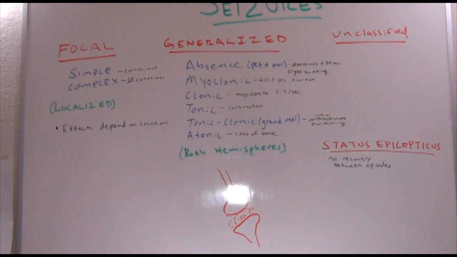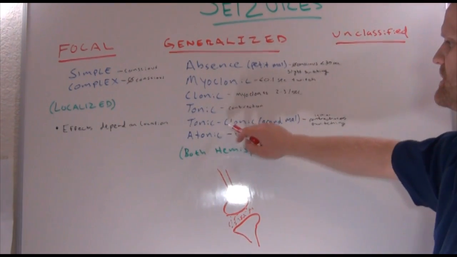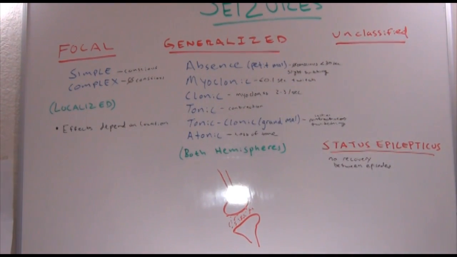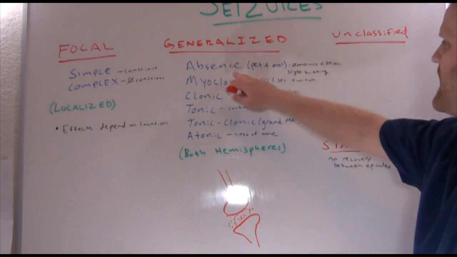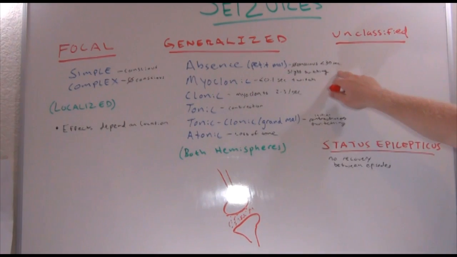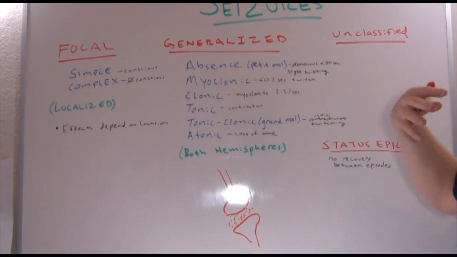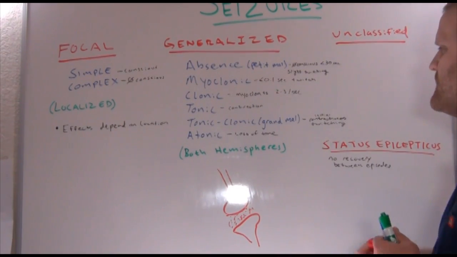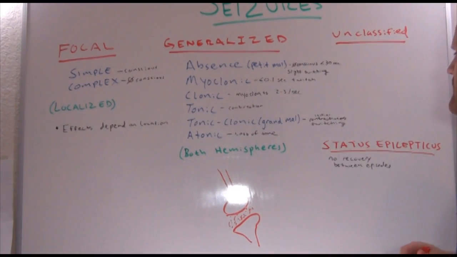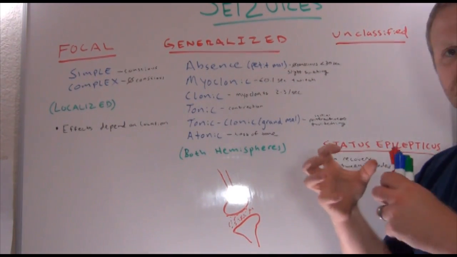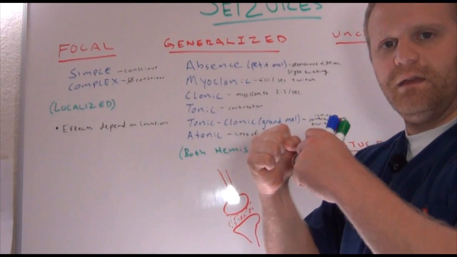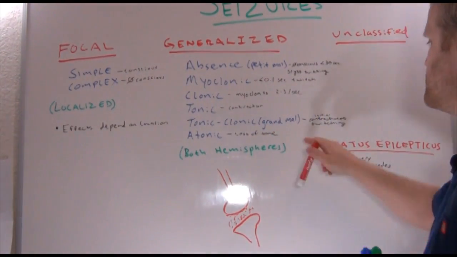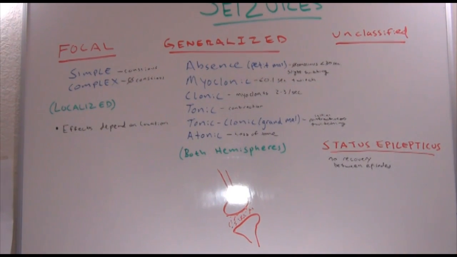The kind that you're going to be tested on and see most often generally is going to be absence and tonic-clonic seizures. That's generally probably what you're going to see the most. So with absence seizures, the patient is going to lose consciousness, but for less than 30 seconds. And there's going to be slight twitching with that as well. With the tonic-clonic seizures, initially they're going to have a contraction. So they're going to tighten up real quick, and then they're going to go into twitching. Okay, so that's what you may see. It can last seconds to minutes.